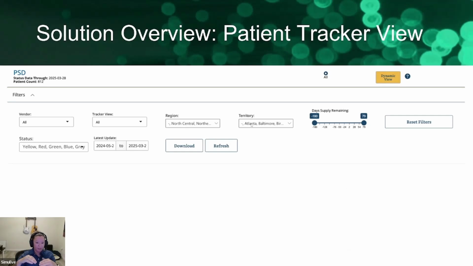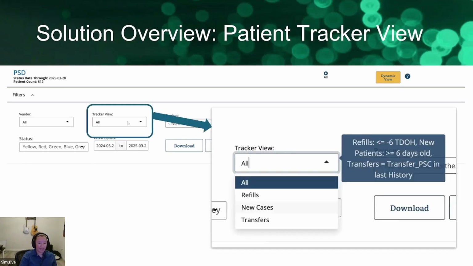So if you're only allowed to see Baltimore because that's your territory, you'll only see Baltimore. Similarly with regions, a regional manager can only see North Central. We have a day supply remaining filter, different update dates, statuses, but the most important thing really is this tracker